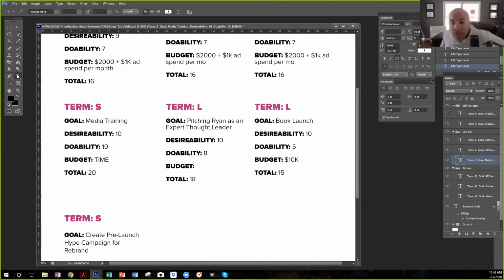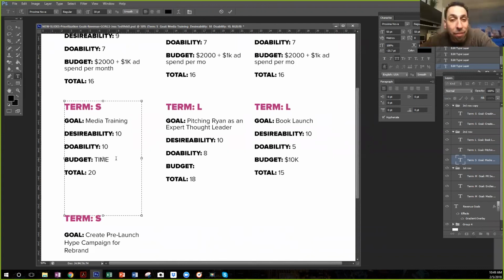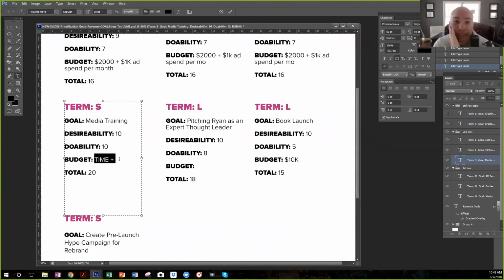So now, like you mentioned, media training to make it better. Think about this. Are there PDF downloads that could be updated and rebranded? Could there be those types of things created? Yes. Each of these already has things that can be updated that are already being handed out, like this media training toolkit. So if you wanted to do a makeover to the media training program, what budget would you put to it?